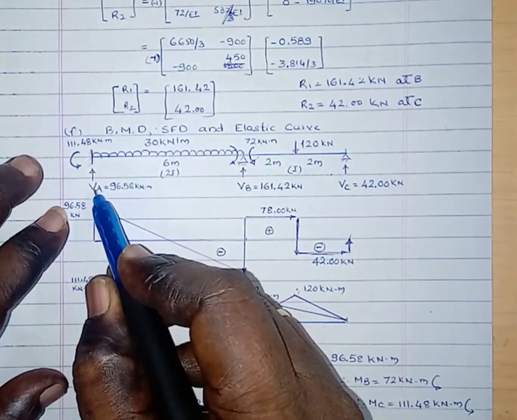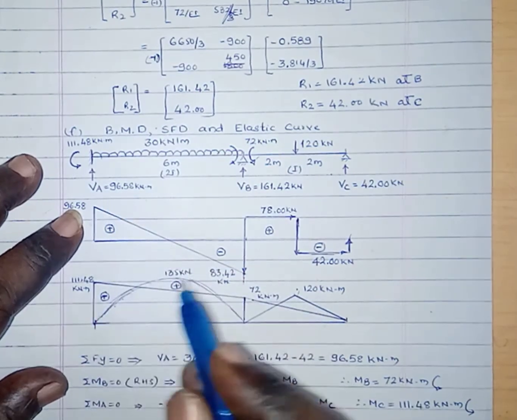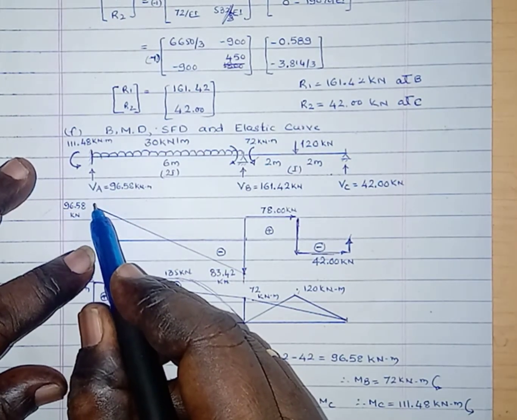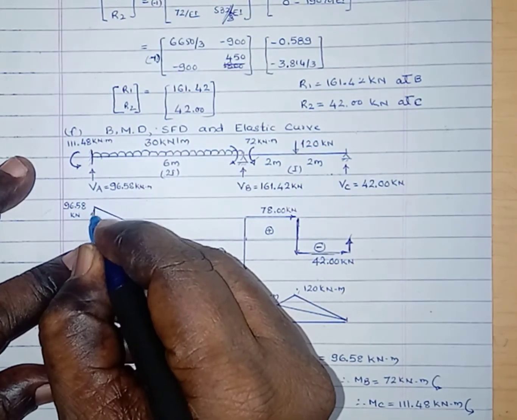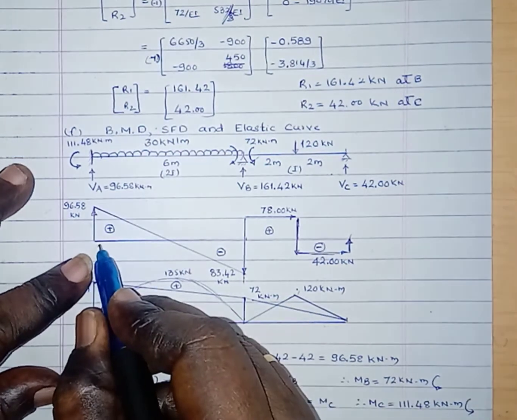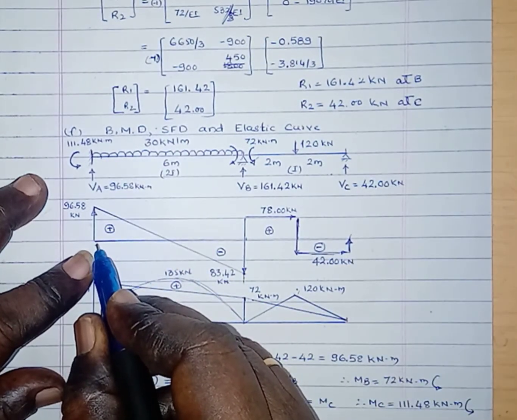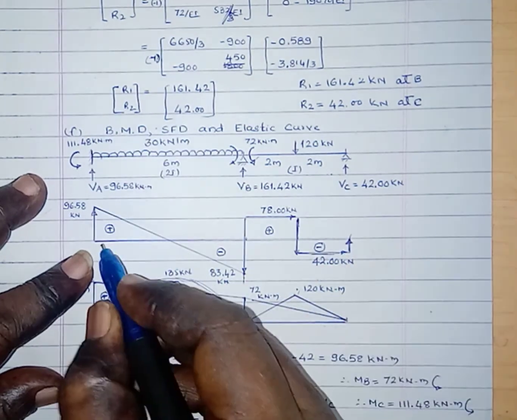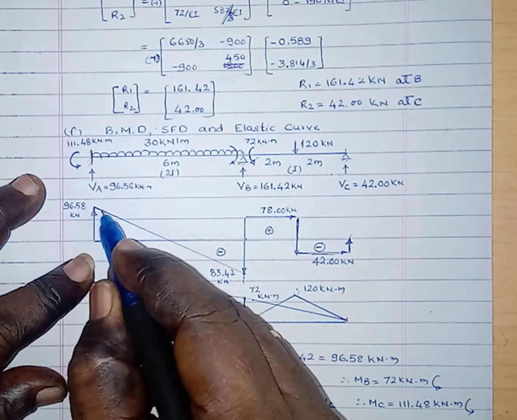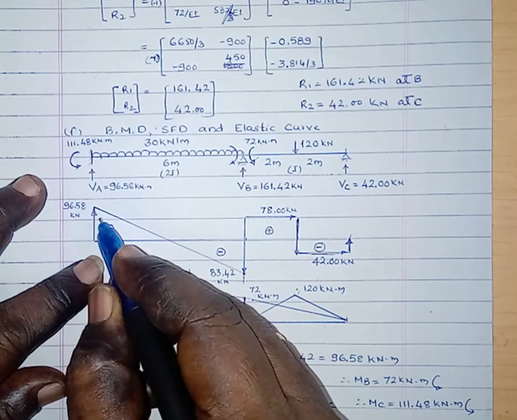Here is the variation of the shear force, here this is Va, left upward is positive, so the shear force variation is like this. Here this is 0 to 96.58. Draw this ordinate, that is the bottom line or reference line. Here at A, 96.58 is the shear force, that is upward, that is positive, left upward is positive, then 96.58